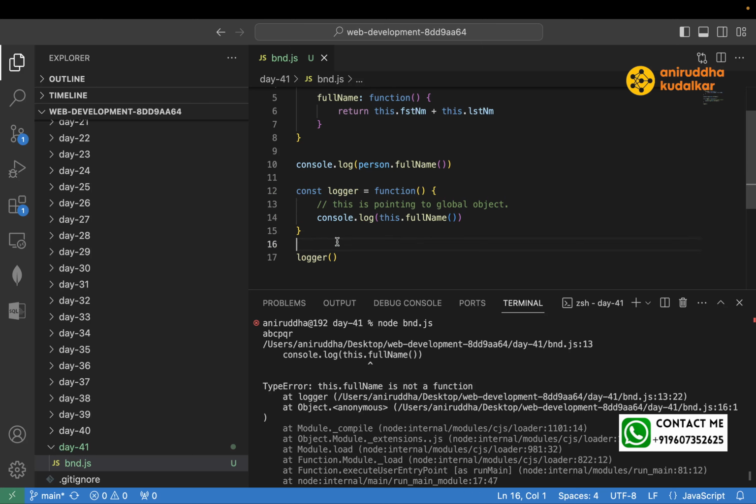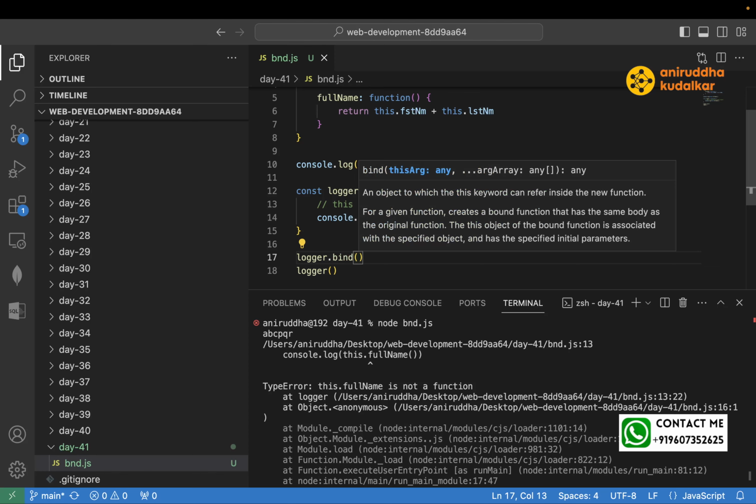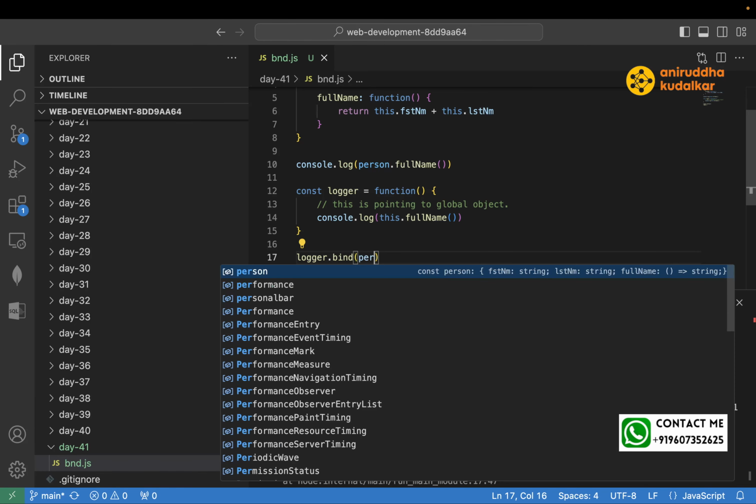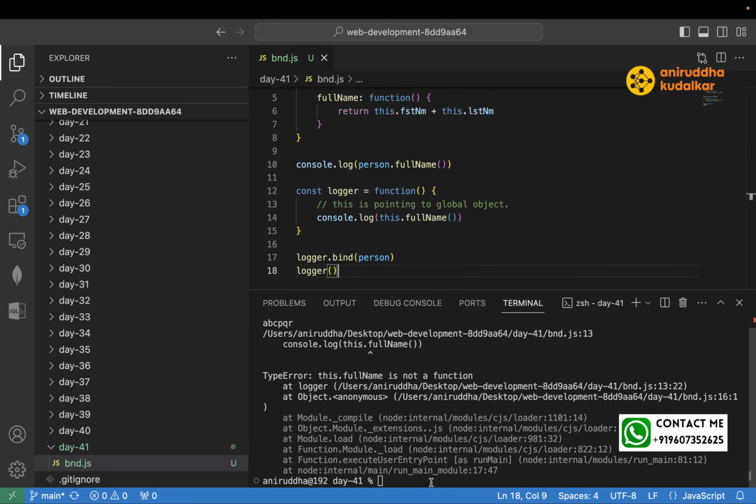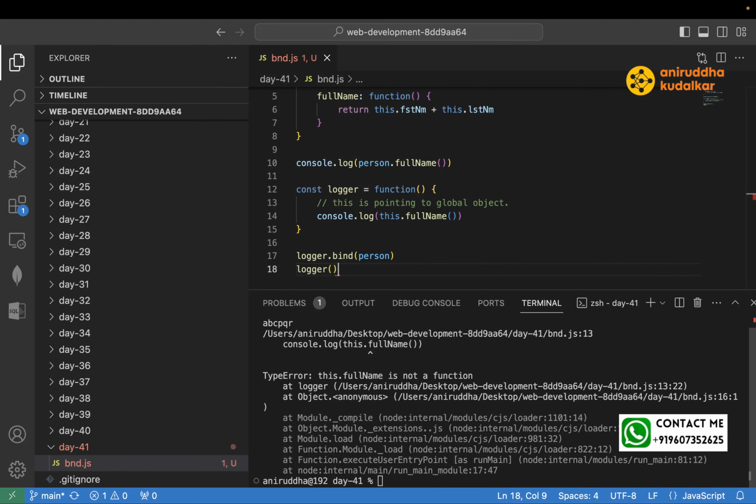But before calling this logger, if you do something like this, logger.bind(person), and now try to call logger and see what happens. What do you think? What will happen? See, it is a bind. Still, it will give you